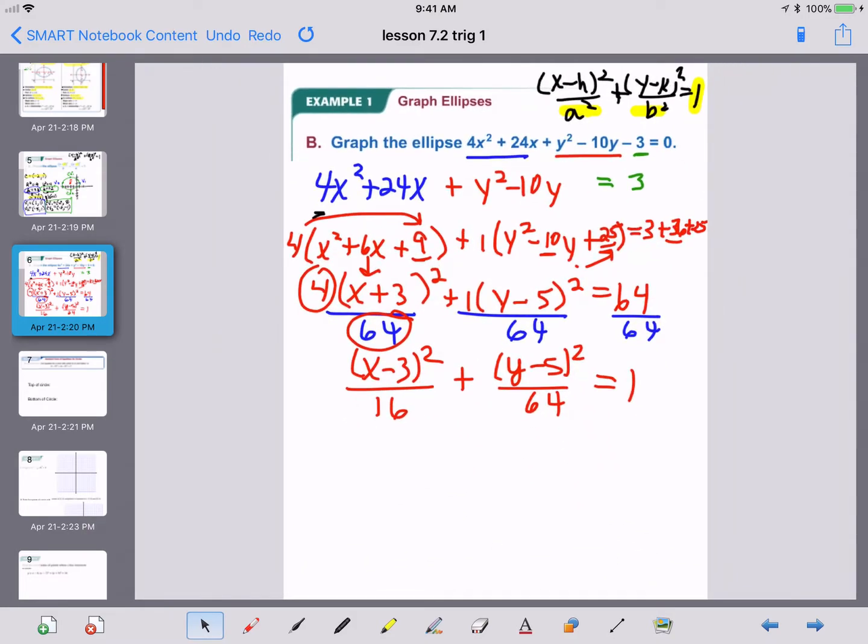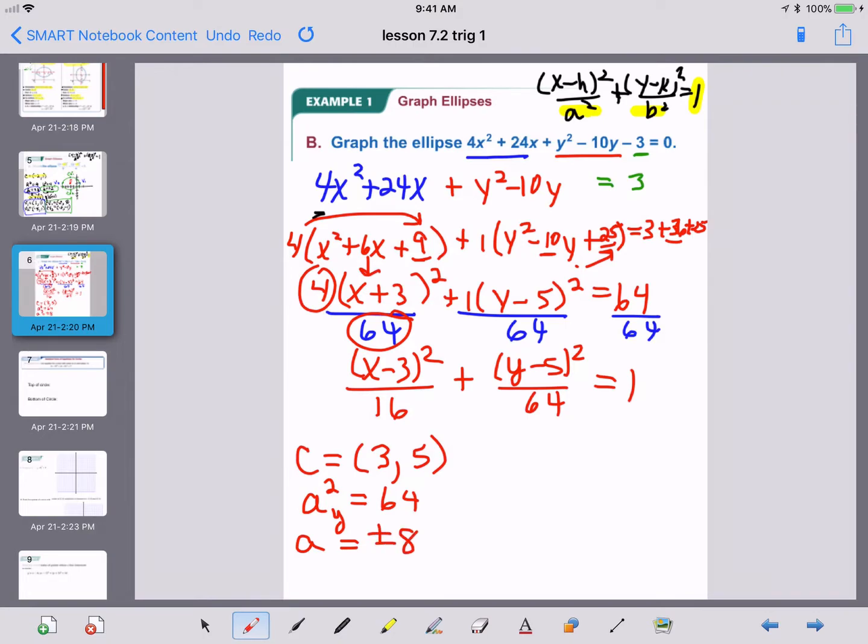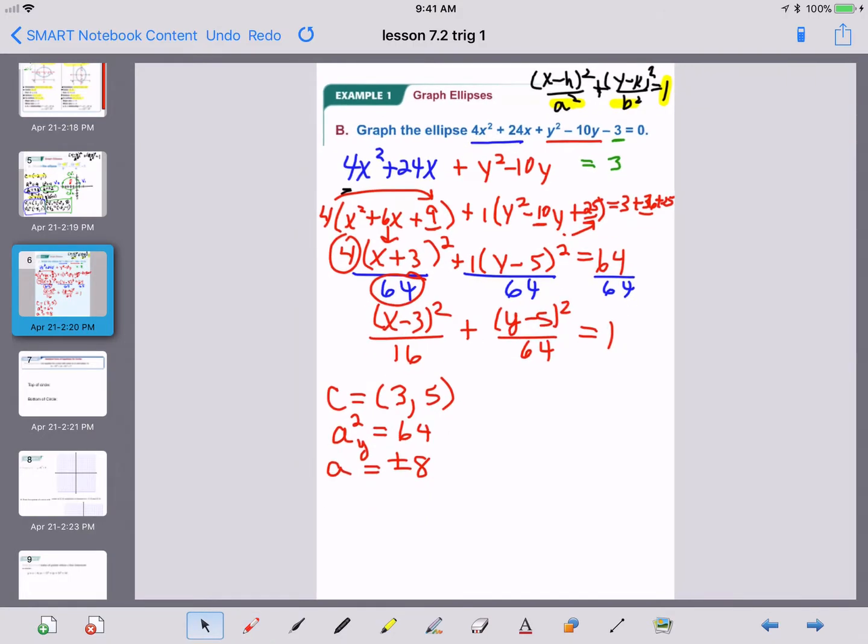Now let's analyze some things here. The center is at 3, 5. The larger number is under our y. Put a little y there to remind us. So our a value is plus or minus 8 in the y direction. Our b squared is under our x, that's 16. Put a little x here. So that's plus or minus 4. So to graph it,